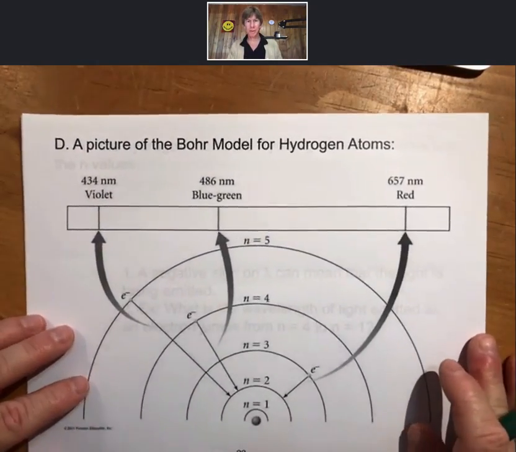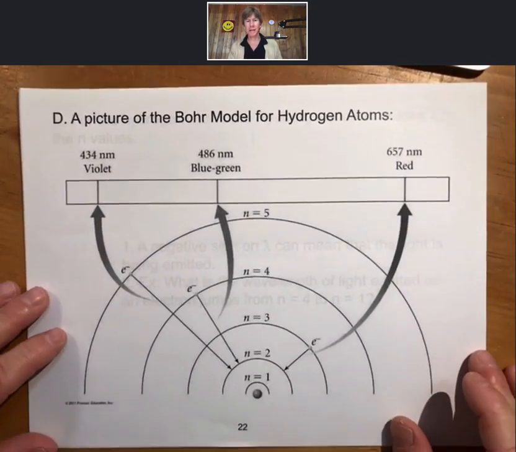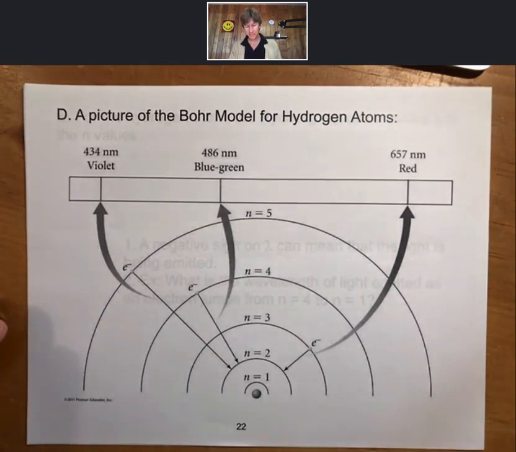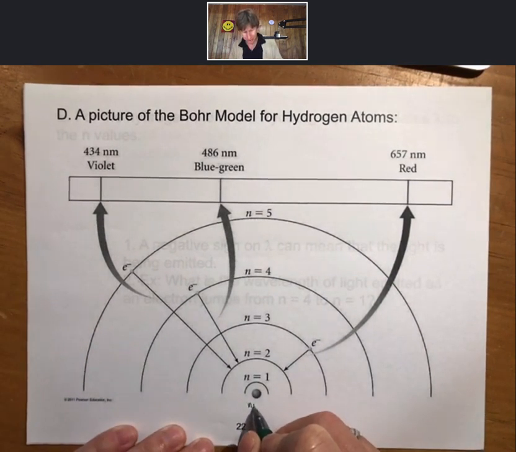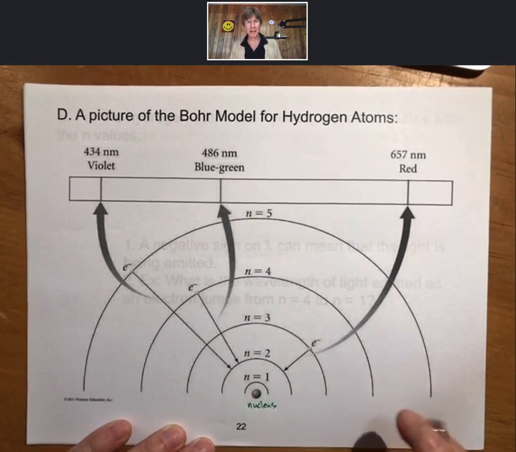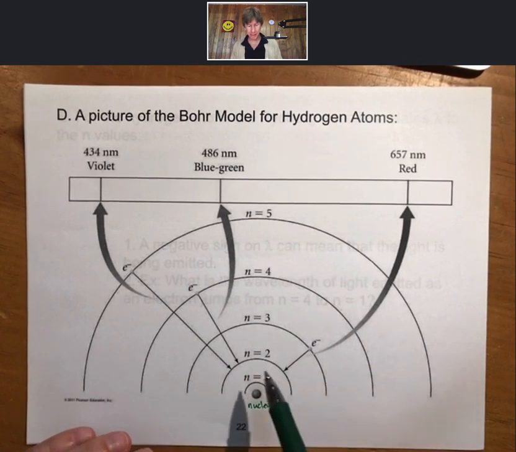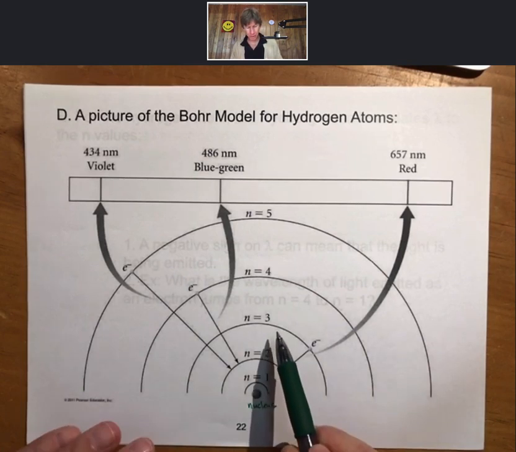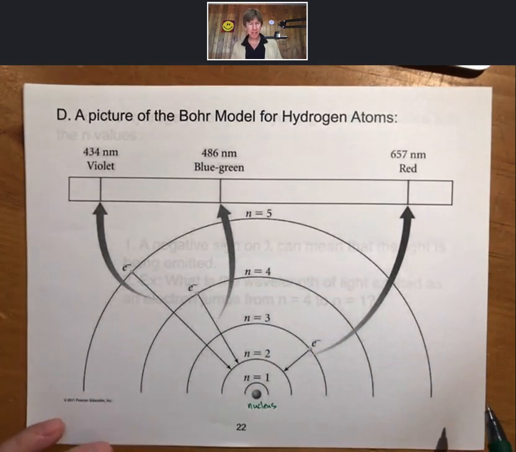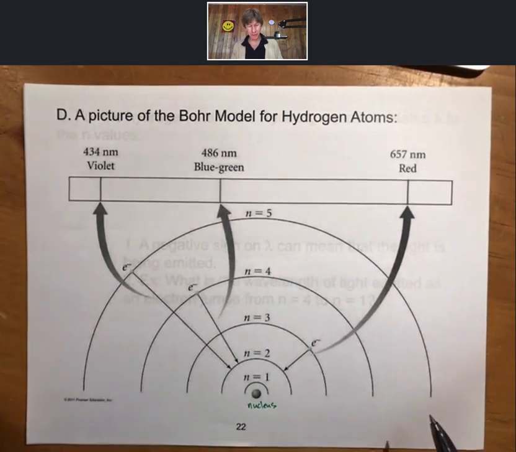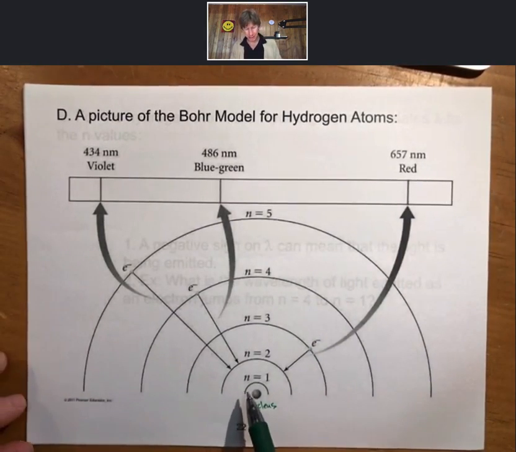And so here we get to a picture of the Bohr model of the atom, and so here's the nucleus in the center, drawn much bigger than it actually is, and we have n equals 1, 2, 3, 4, and 5. I should say that there are more values of n, that these are all that fit on this slide, and